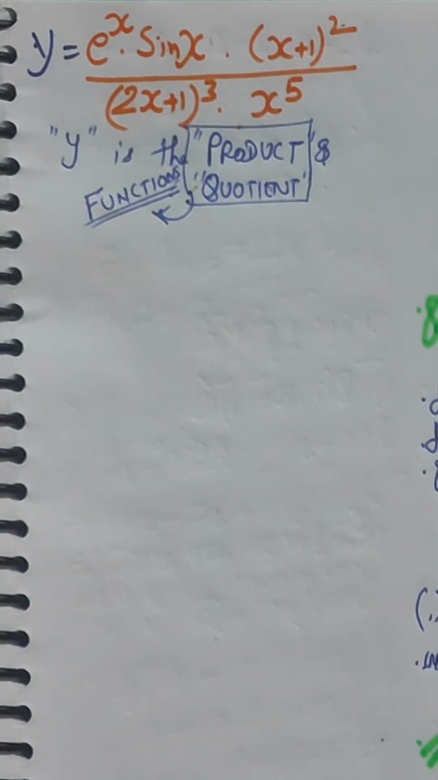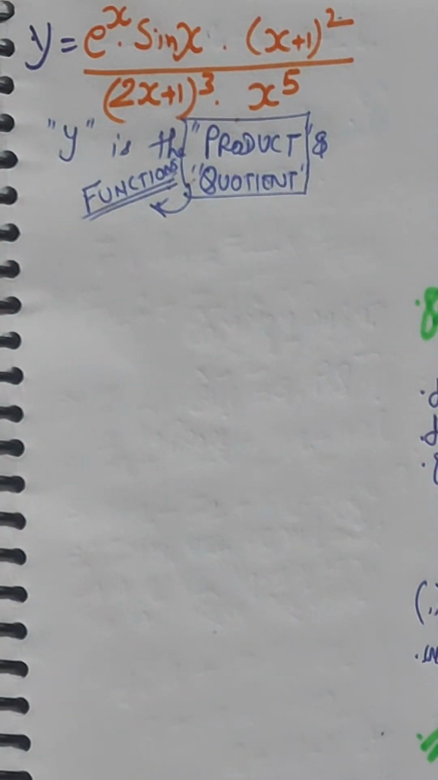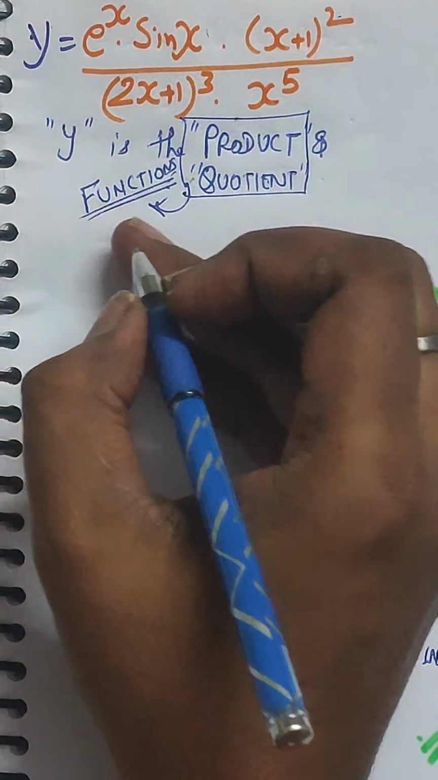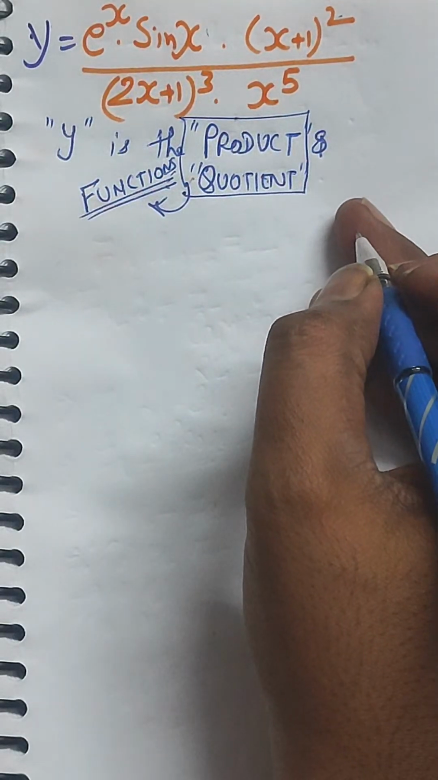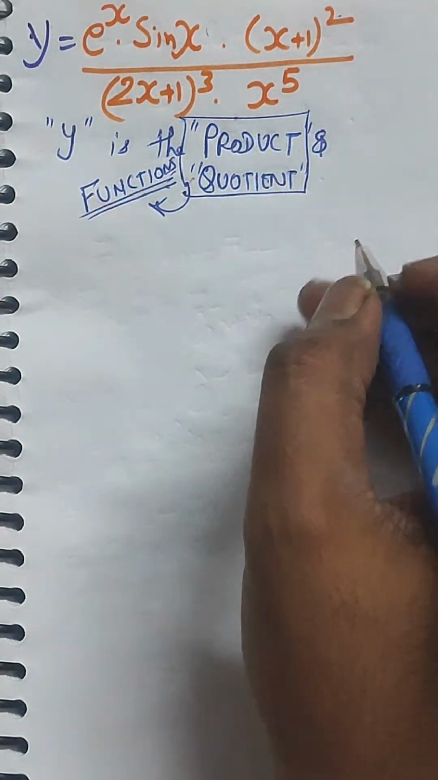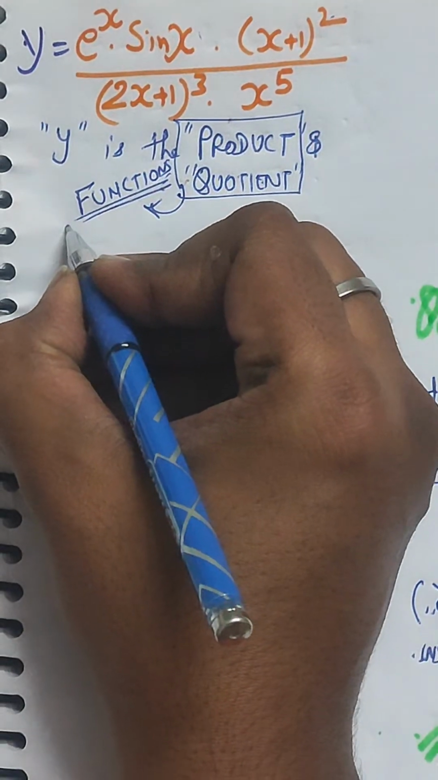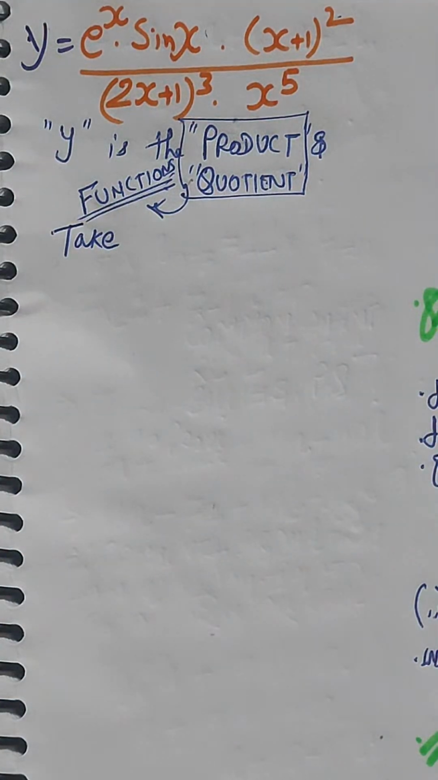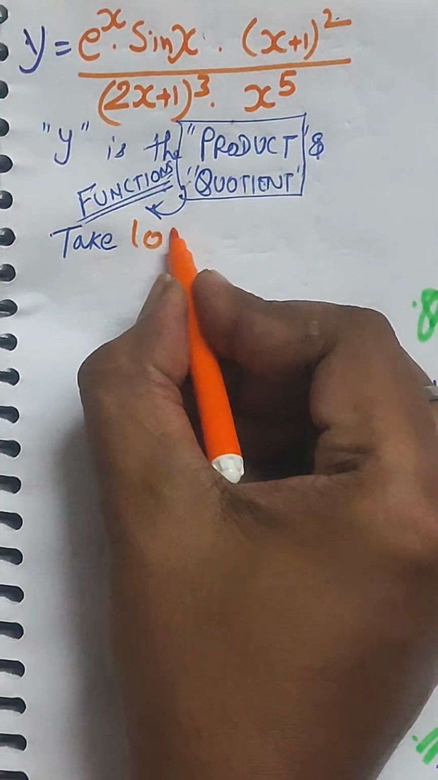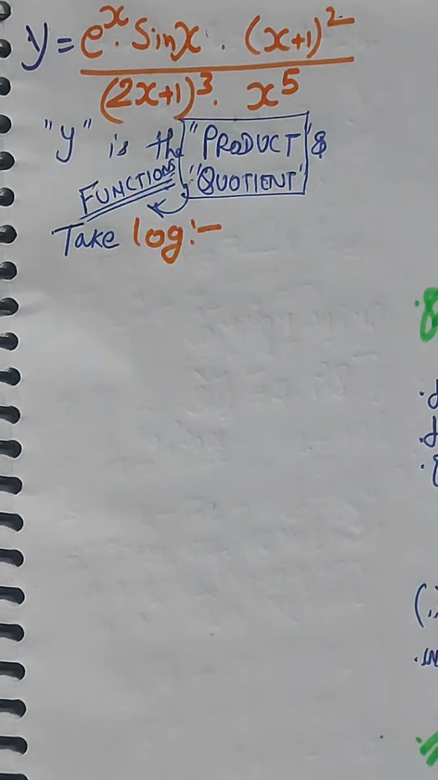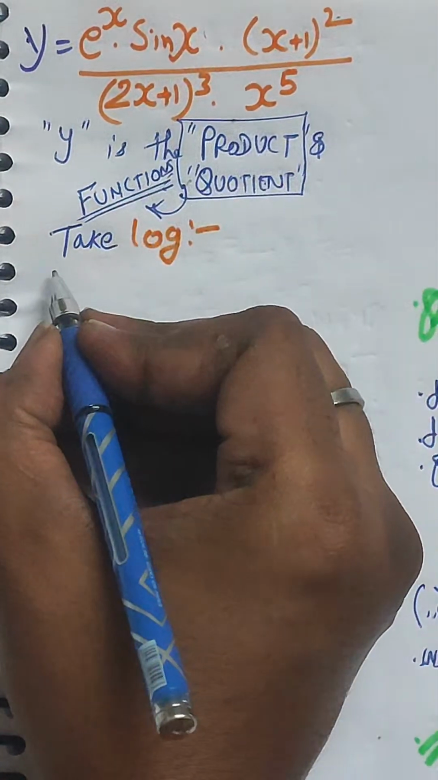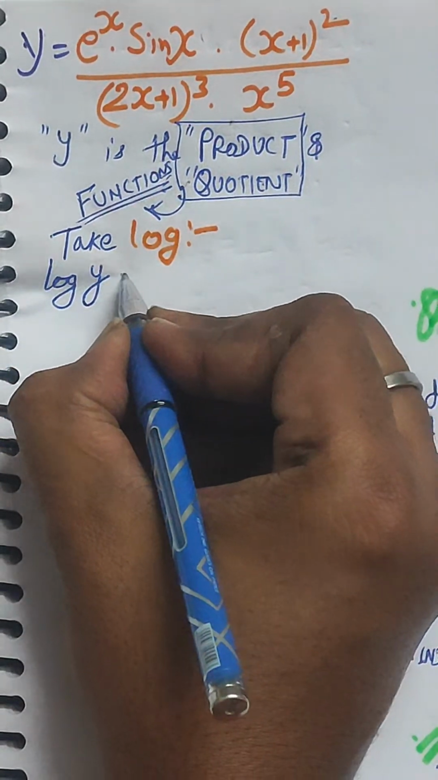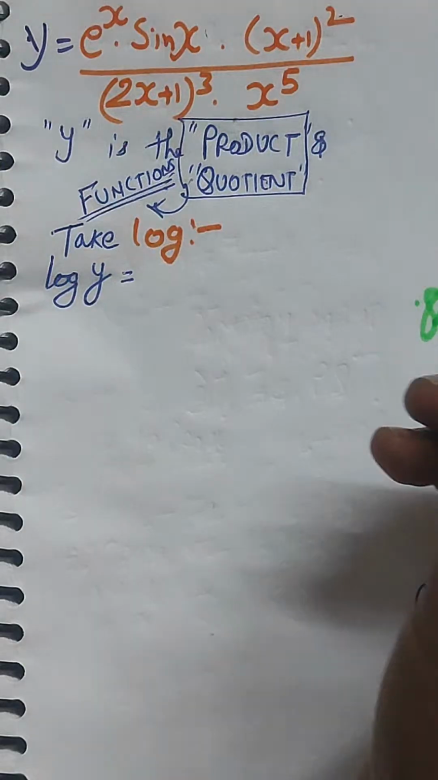To solve such questions, what we will do? We simply take the logarithm, right? So taking log in both the sides, right? When we take the log, then the LHS will be equal to log of y, and